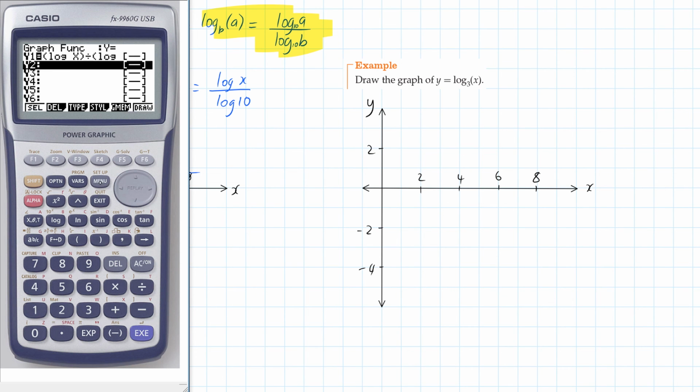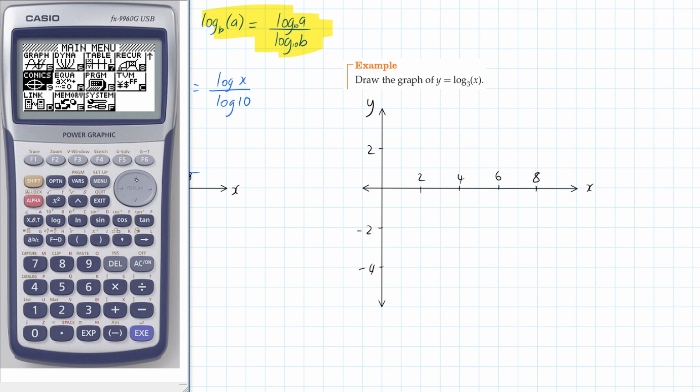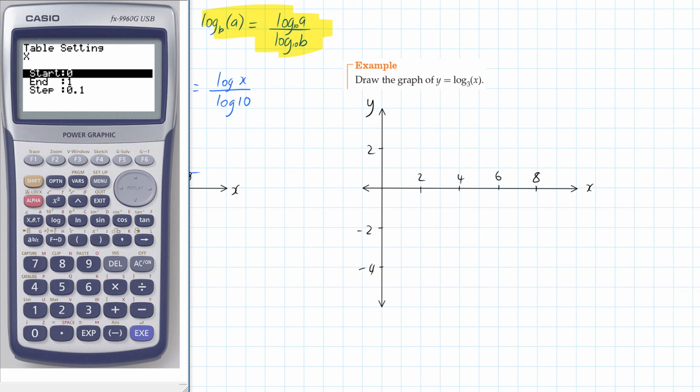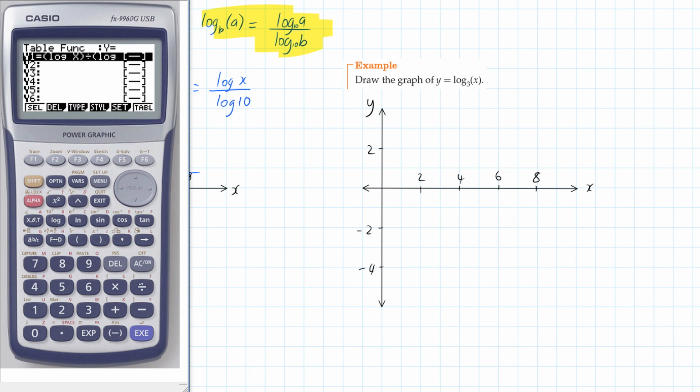So we'll go to our table mode again to get some values for it, and we'll go from 0 to 8, and we'll go up in steps of 1, and we will see what we get here. Okay, so of course we've got our error at 0 because we've got that asymptote there, and then at 1 we have 0, and at 2, 0.6, at 3 we've got 1,